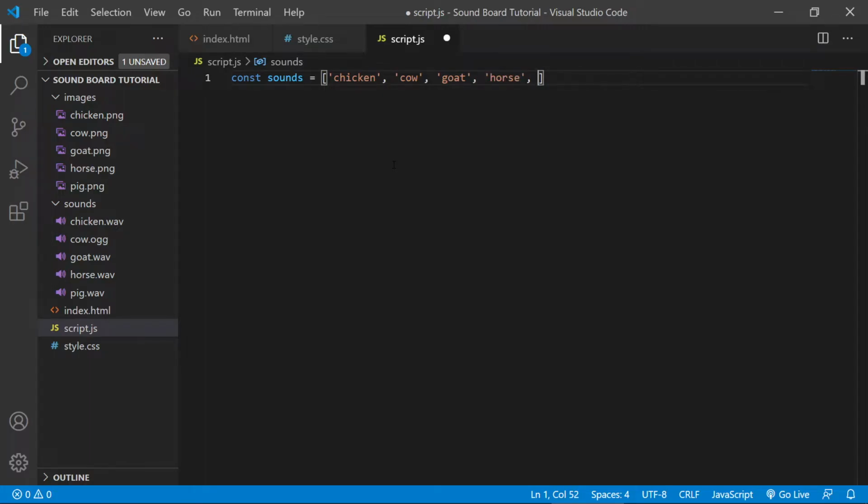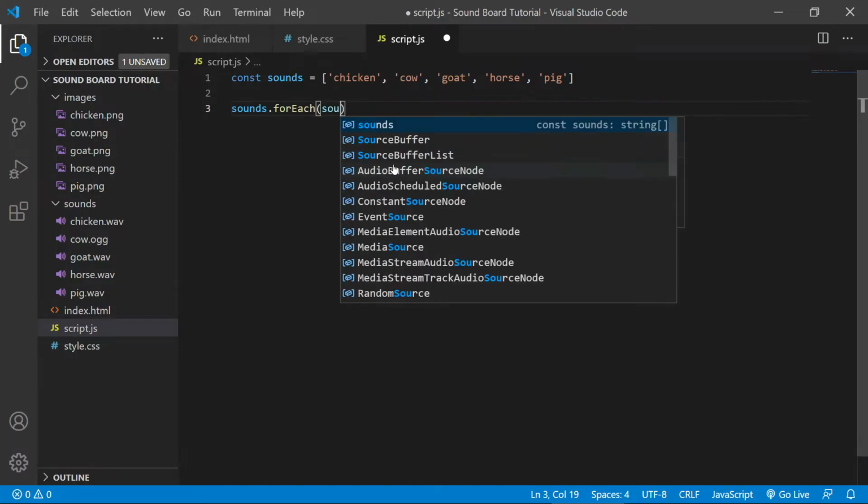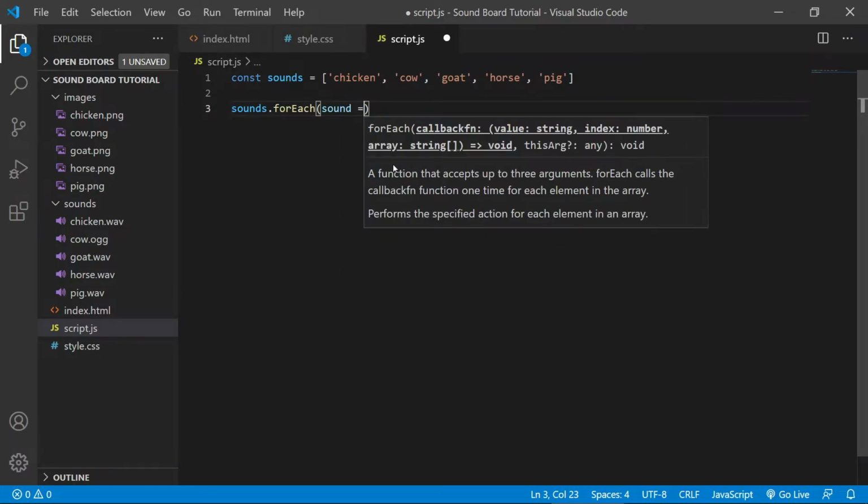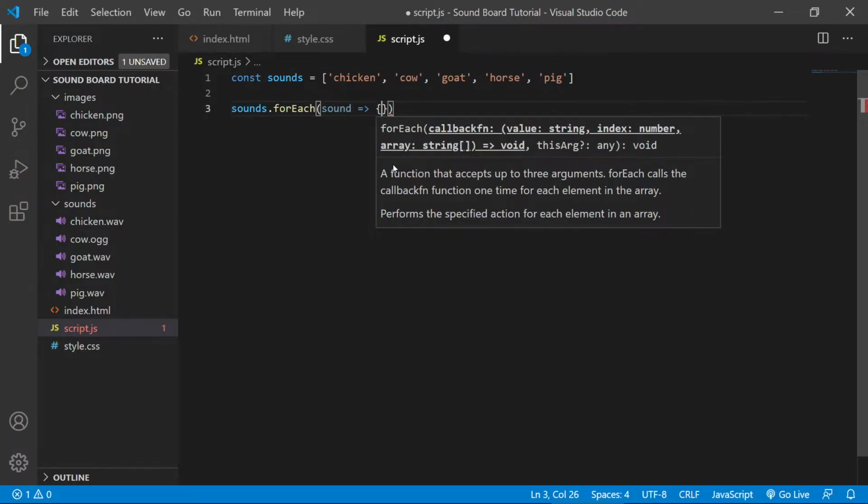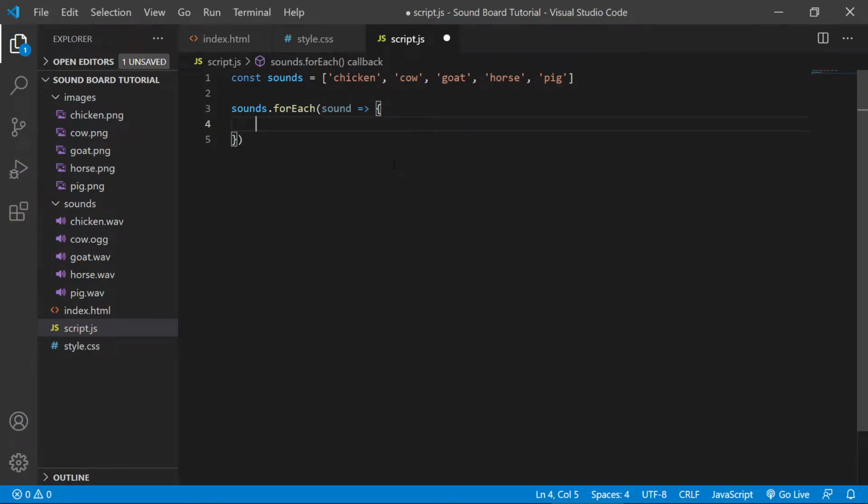horse, and pig. Now, it's especially important that we name these exactly as they're named on the audio files and in the same order that they're appearing in the buttons, because we're actually going to use this array to be able to source the sounds through a special for loop. And so after we define that array, we're going to do sounds and do a forEach. We're going to grab the sound, and then doing an anonymous function, we're going to go ahead and define a